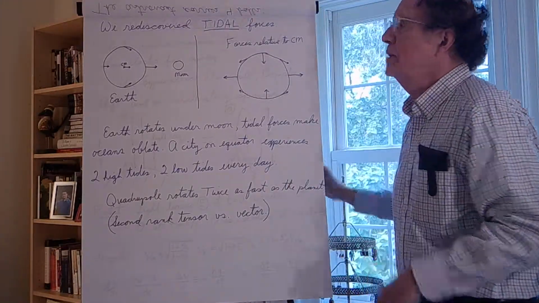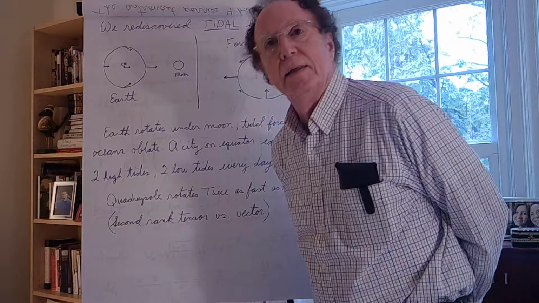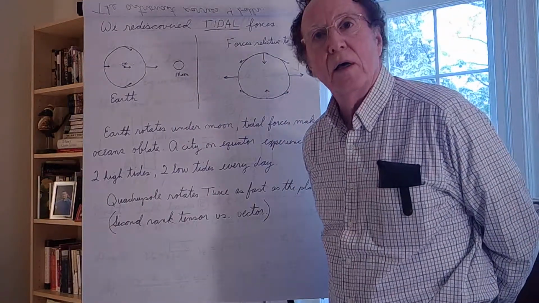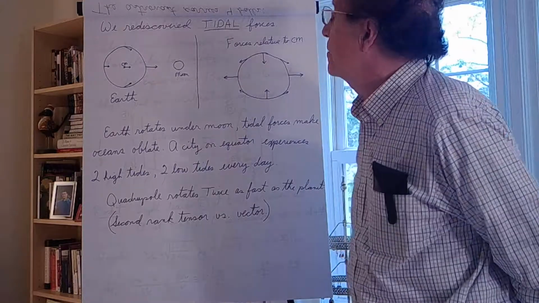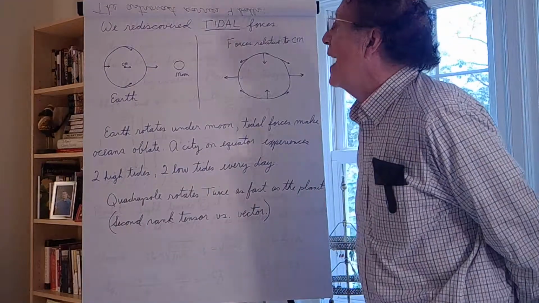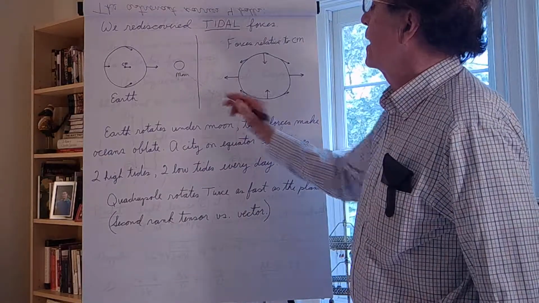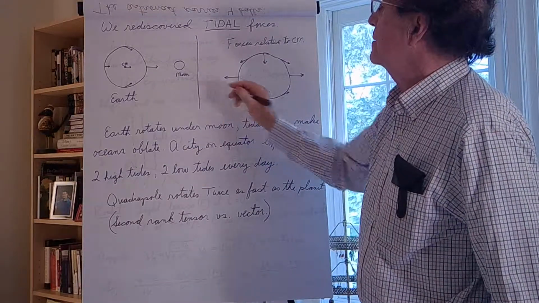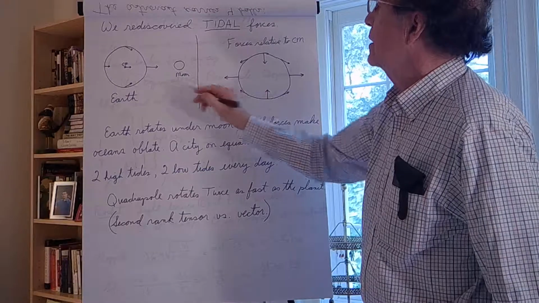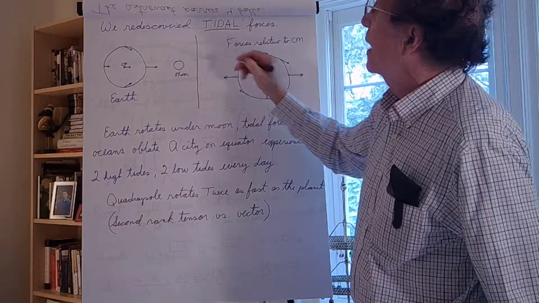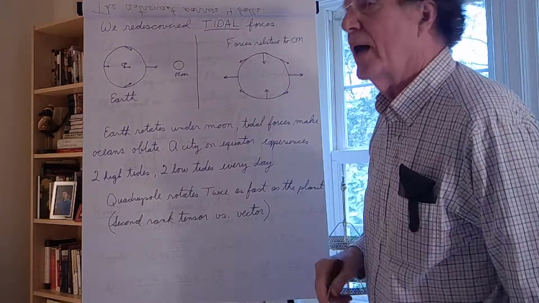Good old tidal forces of the moon affecting the tides on the Earth. So the Earth is rotating underneath the moon, and the moon is attracting the tide. So here's the moon, here's the Earth, and here's the attraction. Okay, and so the attraction is like that. Well, that doesn't really quite look like what I plotted in the previous picture, because what I plotted in the